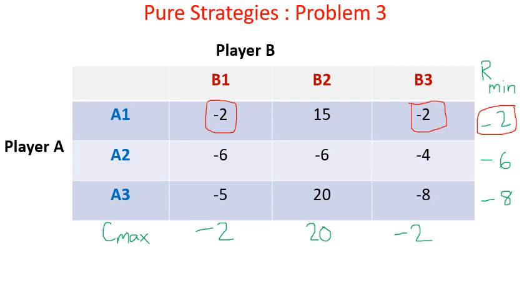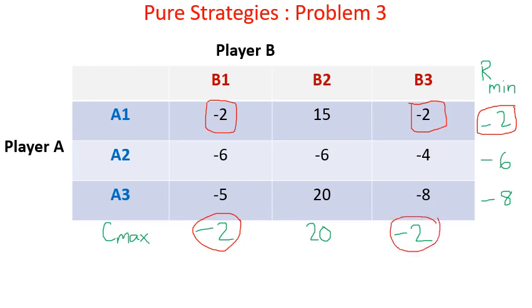Correct? Two different cells which have -2, and that row minimum, the maximum value corresponds to these 2 cells. Correct? Now the maximum value of -2 should be equal to the minimax value. If I look at the minimax value now, out of all this, the minimum value, one is this, another is this.